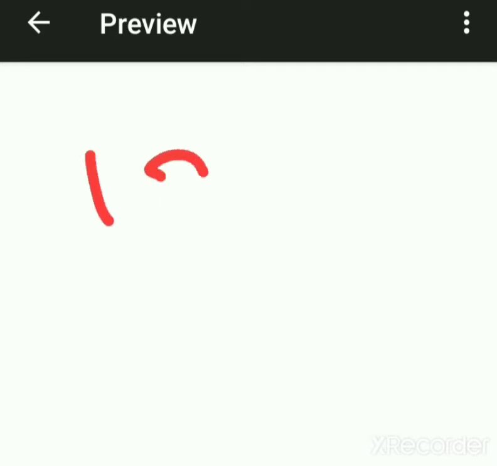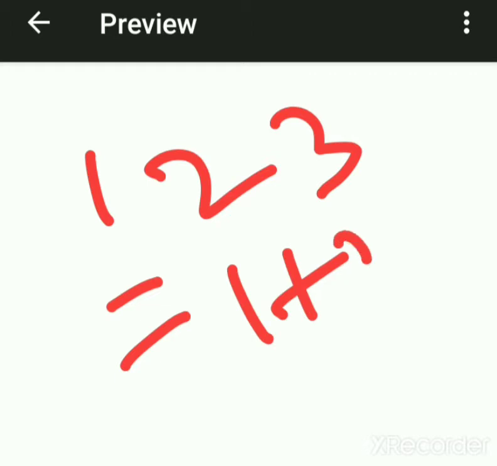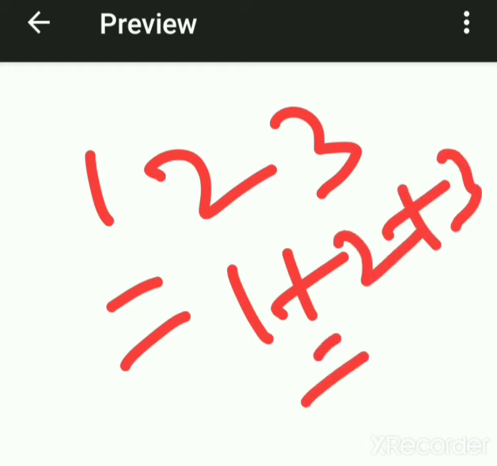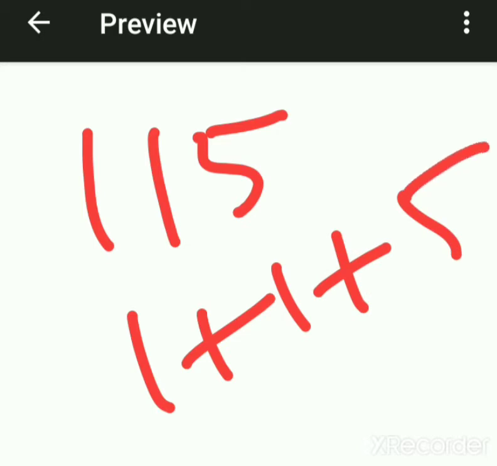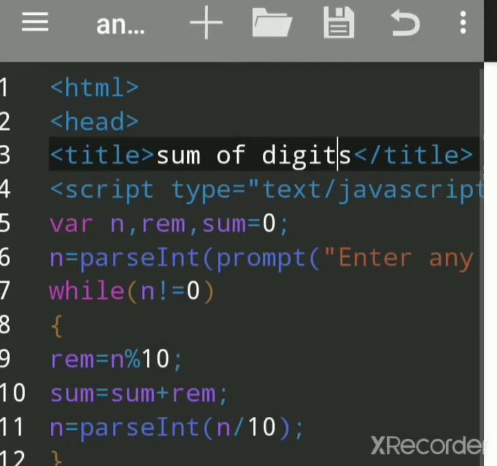If we take 123, that is 1 plus 2 plus 3, which becomes 6. And if we take 1, 1, 5, it becomes 1 plus 1 plus 5, which is 7. So we'll see how to write this code.